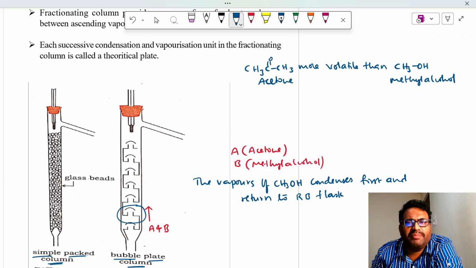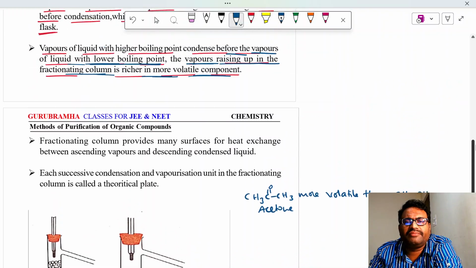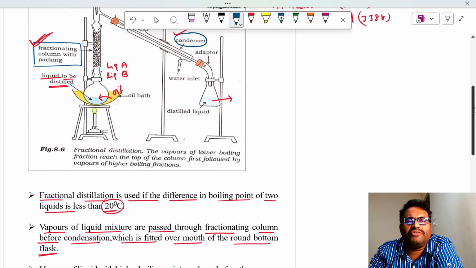So these vapors are slowly moving up, right? So these vapors will be of more volatile liquid. So among acetone and methyl alcohol, which is more volatile? Acetone. The one which has the lower boiling point is more volatile. More volatile is acetone. So at the upper portion, at the top of the fractionating column,